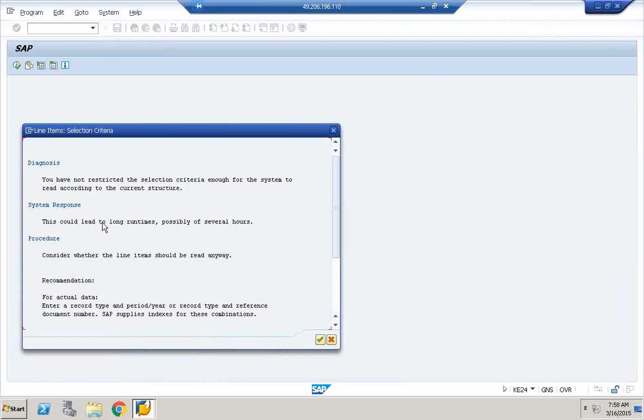So this is what SAP has written. First itself they are telling the system response. The response of the system would take several hours. So they are indicating to the consumer that it's going to take several hours. We need to be very patient for this. So what I'm trying to say here is